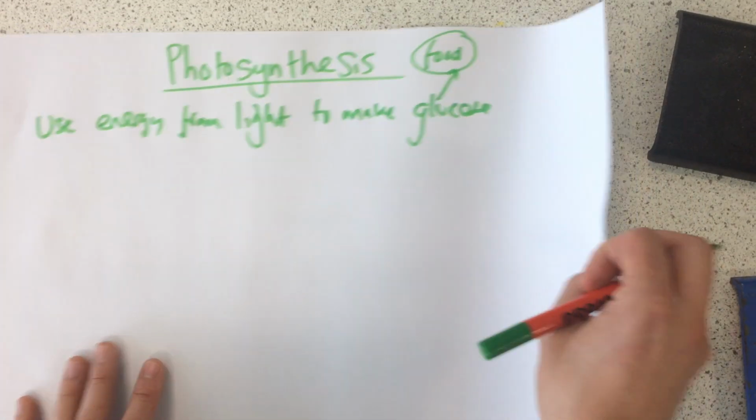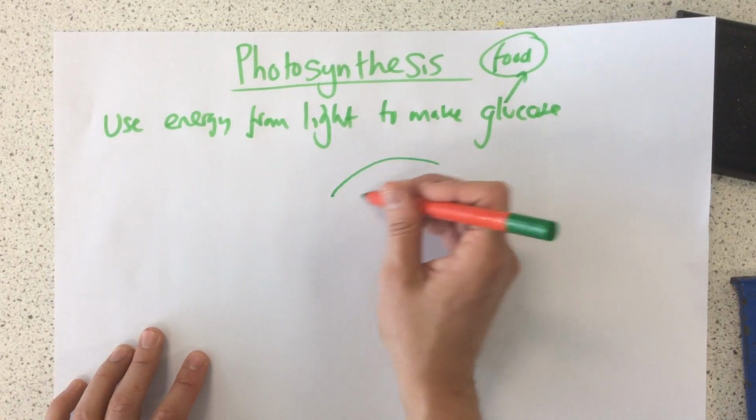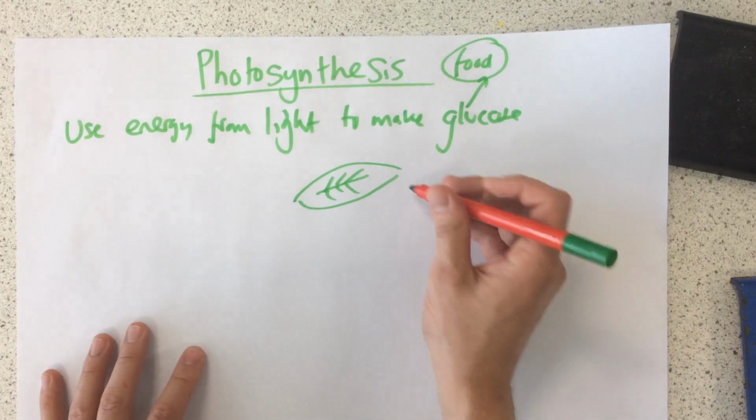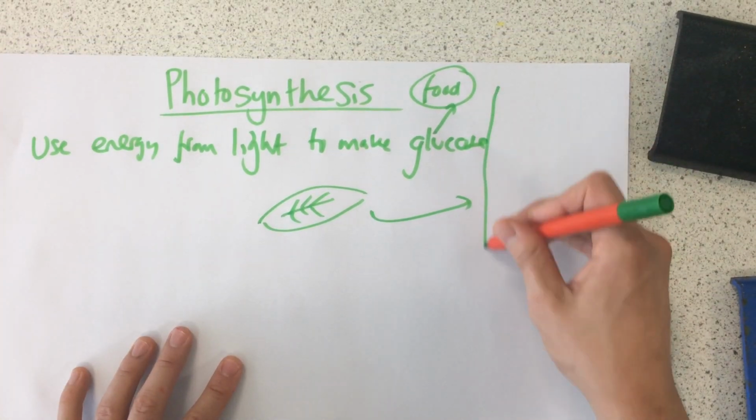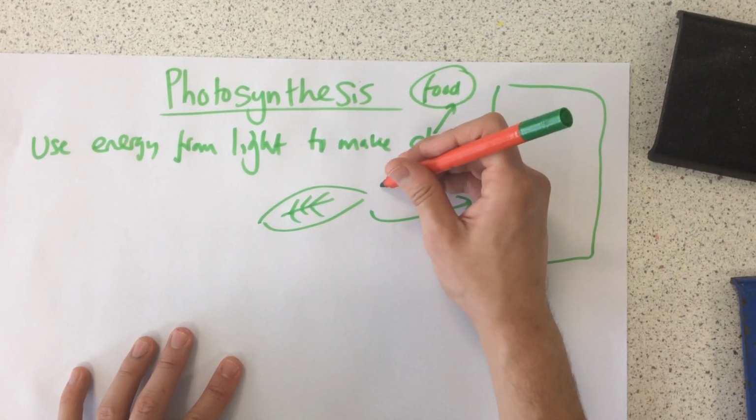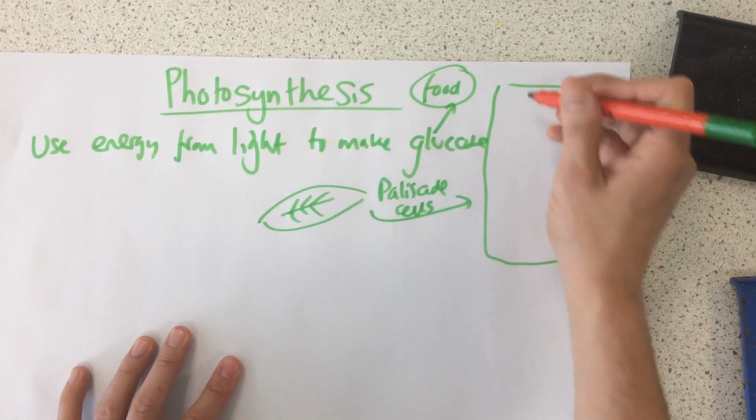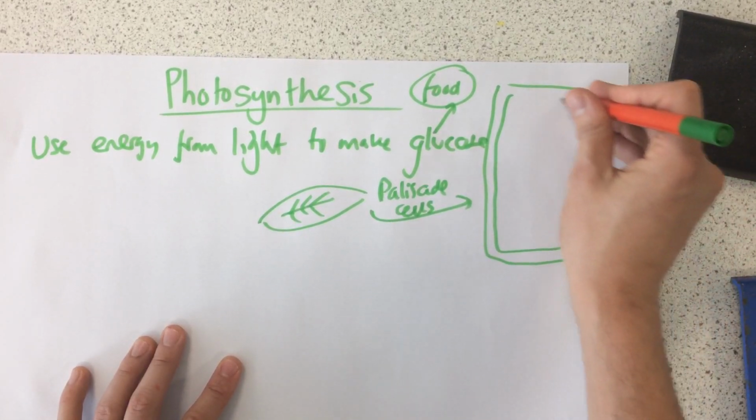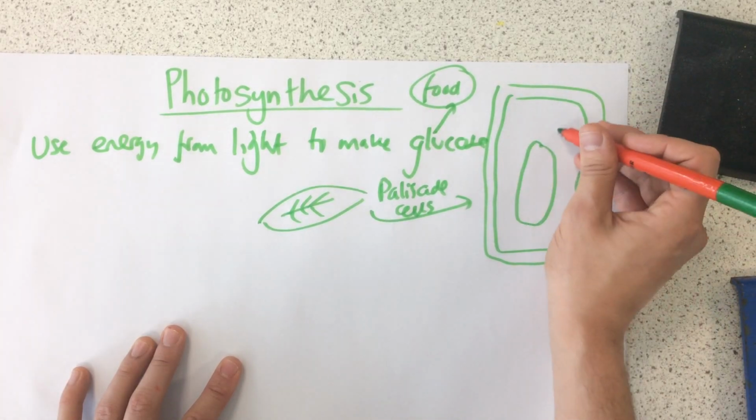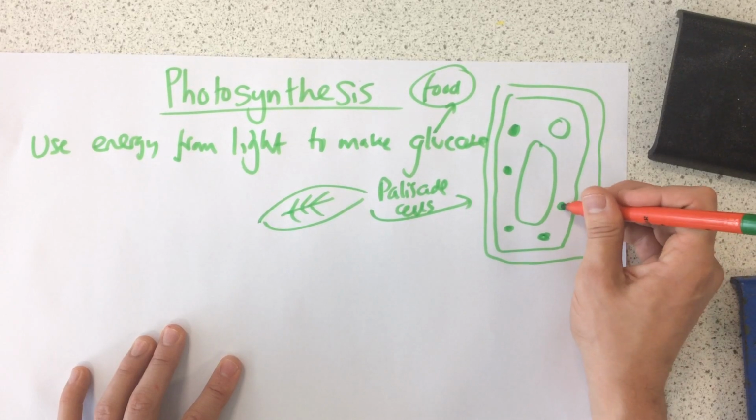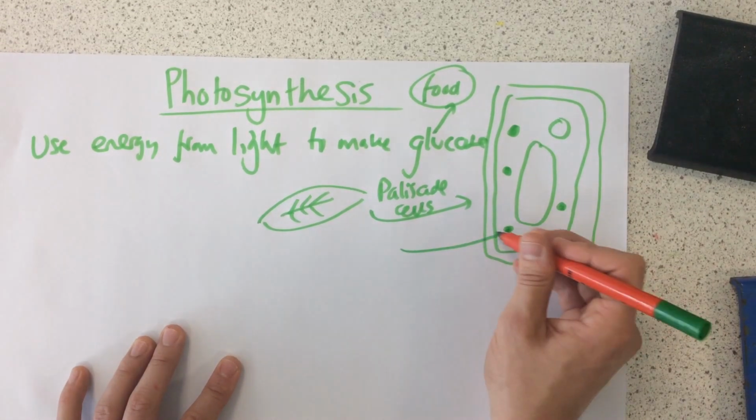So, where does this occur? Now, in the leaves of plants, this is where photosynthesis happens. There's lots of specialised cells that are called palisade cells. Now, these cells, so I'm just going to draw the basic structure of a plant cell. These cells contain lots and lots of these green organelles called